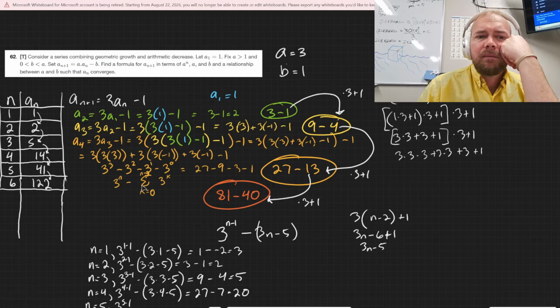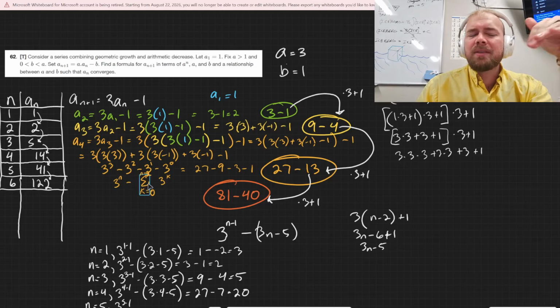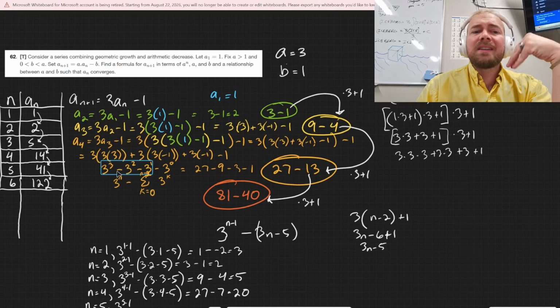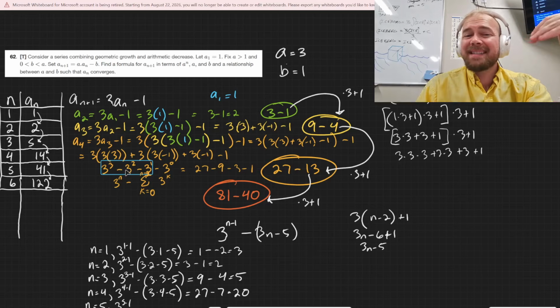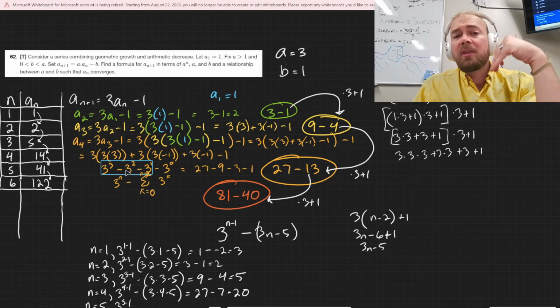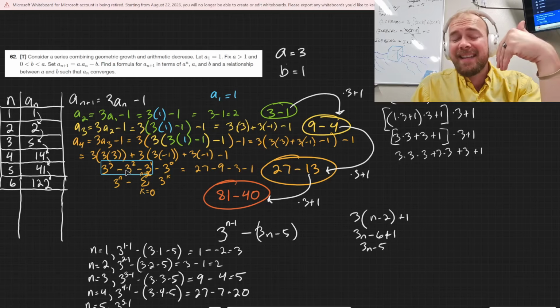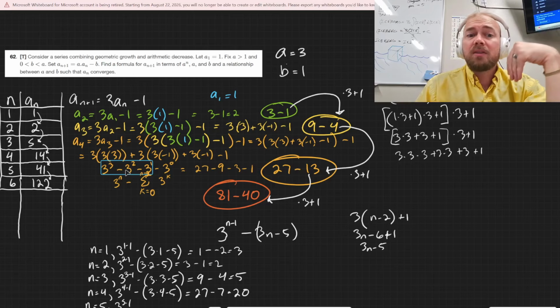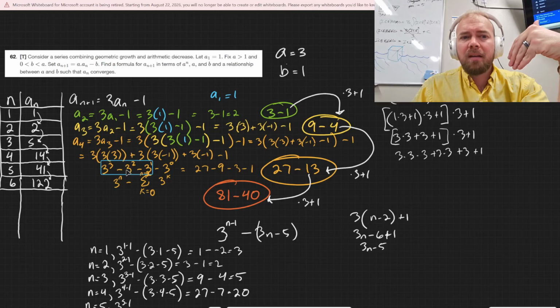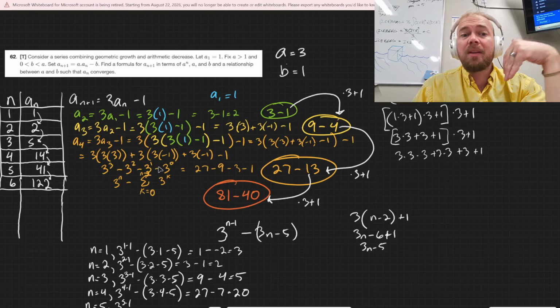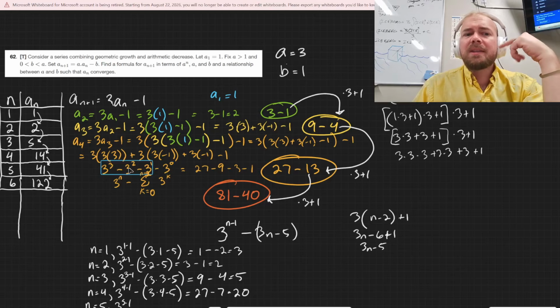minus, and then the next part's a little more tricky because you're continuously subtracting 1, but on the very next set, you times by 3. So you're taking that 1 and timesing it by 3, which then is subtracting 3. But then on the next set, you take all of that and times it by 3. So then that 3 gets times by 3. And then the next one becomes a 3. And then you subtract 1 from that. So it's literally